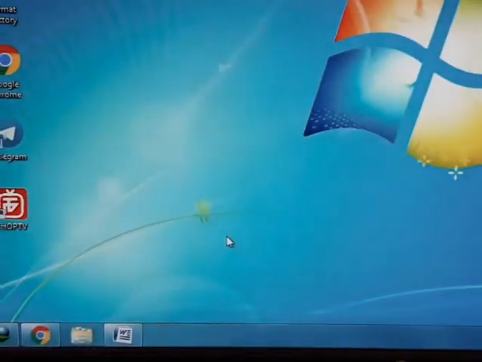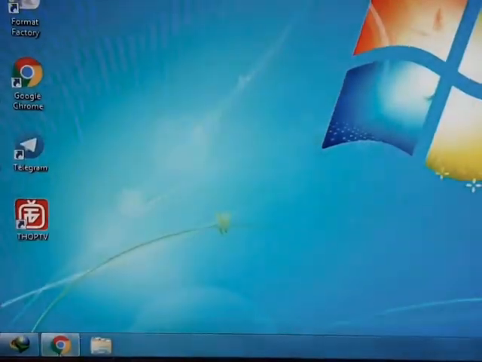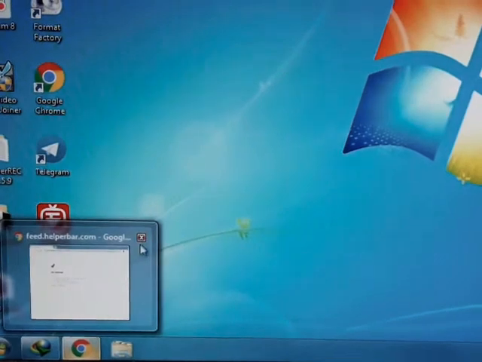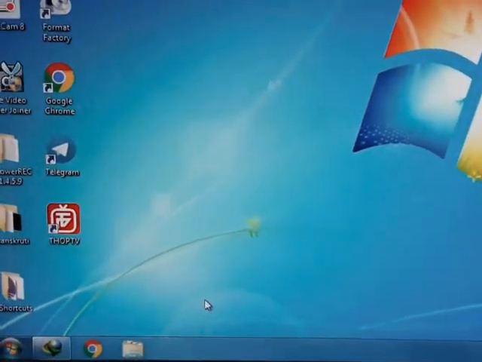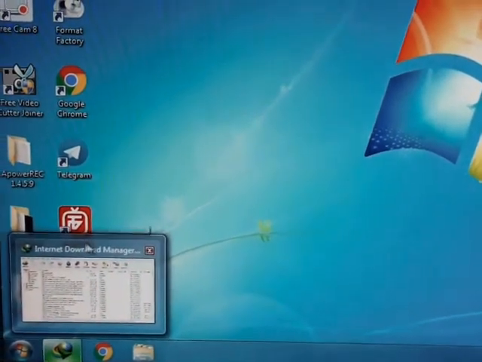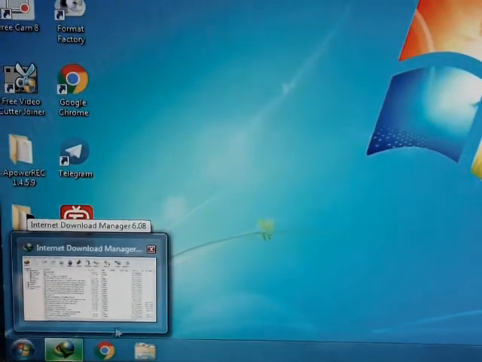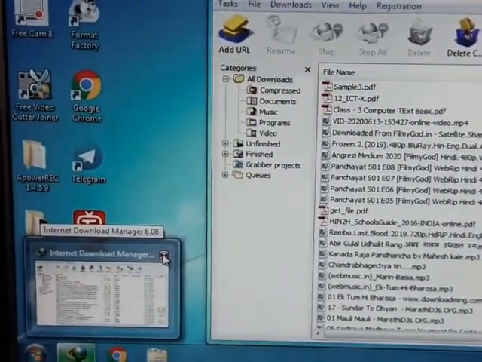Just click on the close button, and it will be closed. So this is called live taskbar preview. Remember, live taskbar preview shows the preview of an opened window. Preview means how the window looks after launching.